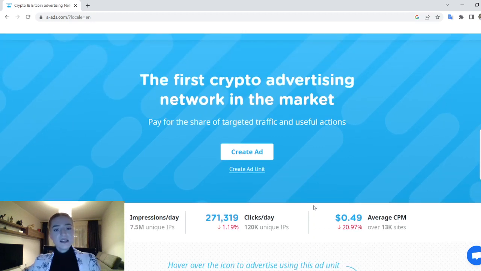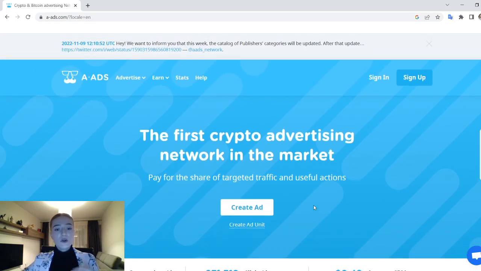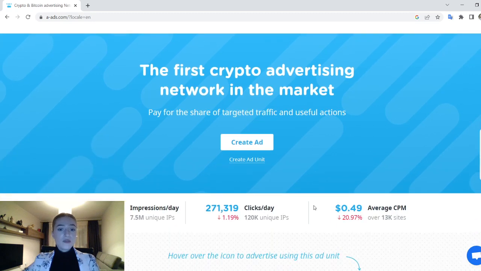Payment is issued in this network via cryptocurrencies. Proceed of withdrawals take 24 hours. The minimum amount to withdraw is 0.001 bitcoins, and withdrawal methods are Bitcoin wallet.